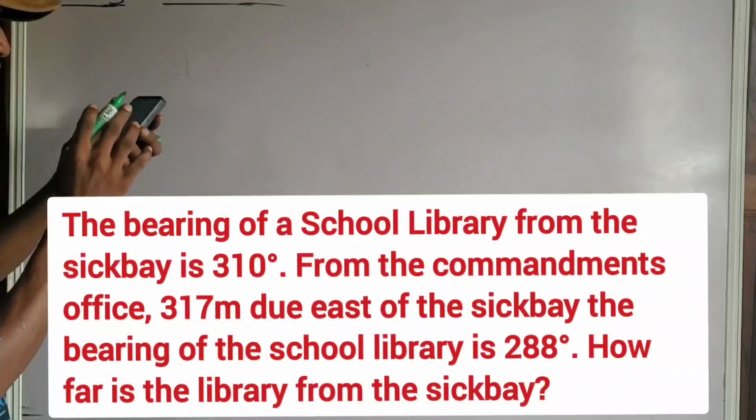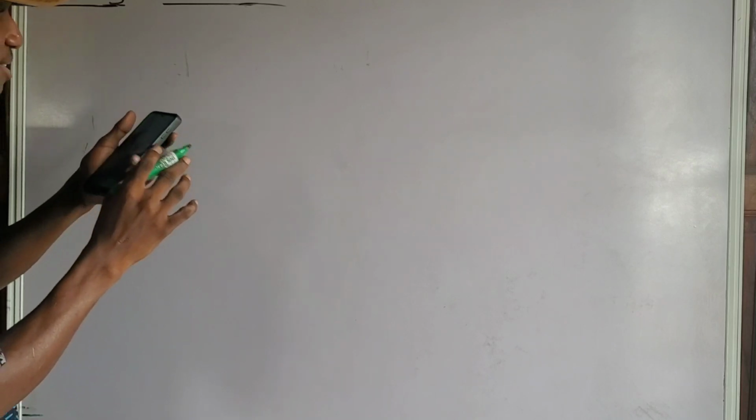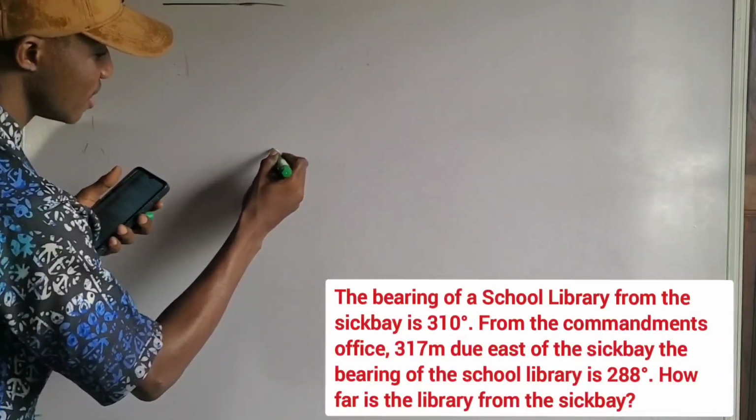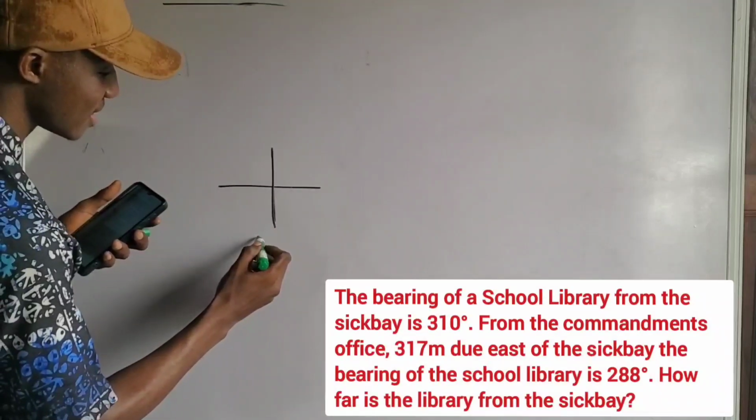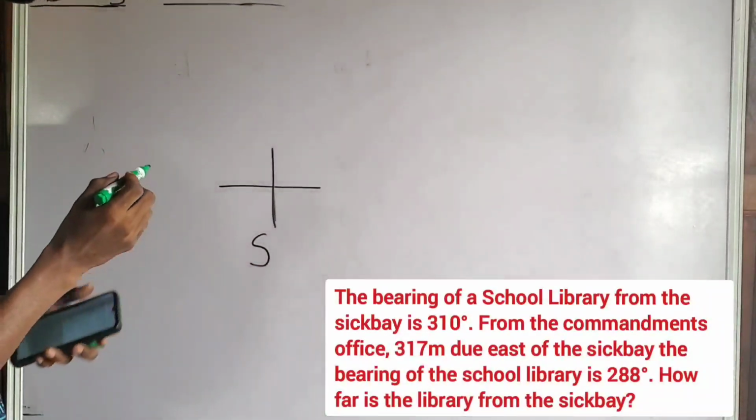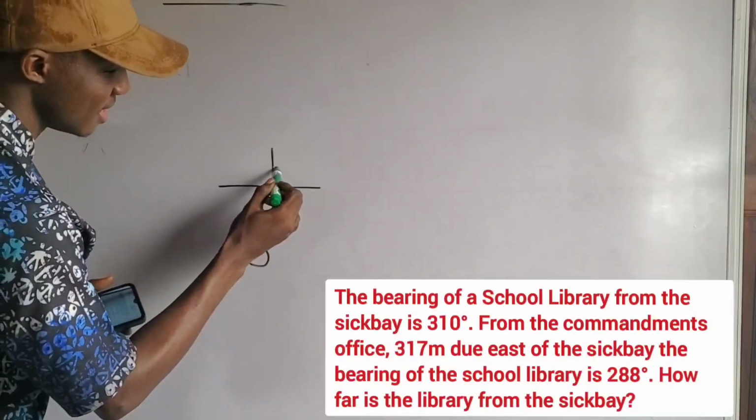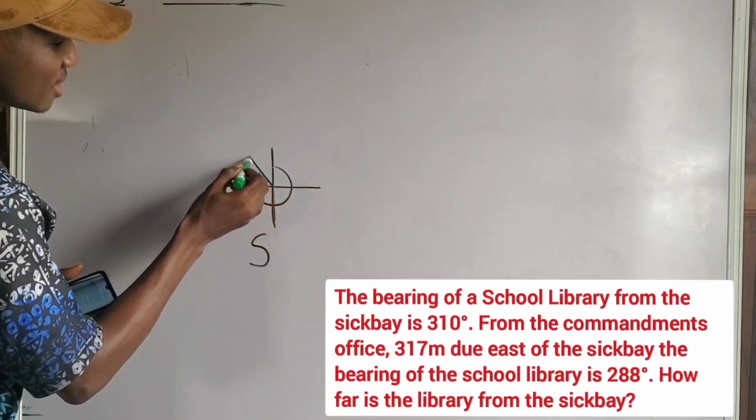Now, the bearing of a school library from a sick bay is 310 degrees. So let us call this point the sick bay. Let's represent the sick bay as S. So the bearing of the school from the sick bay is 310 degrees. That means the angle comes from this point to this point, 310